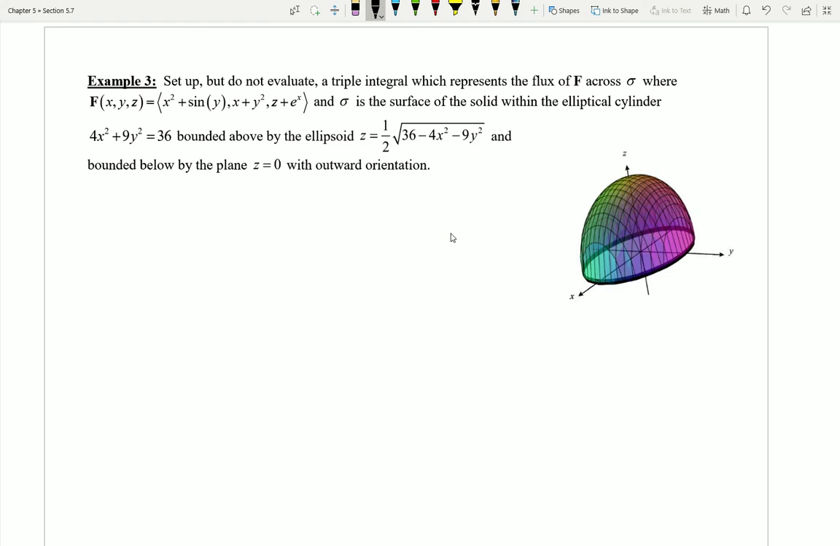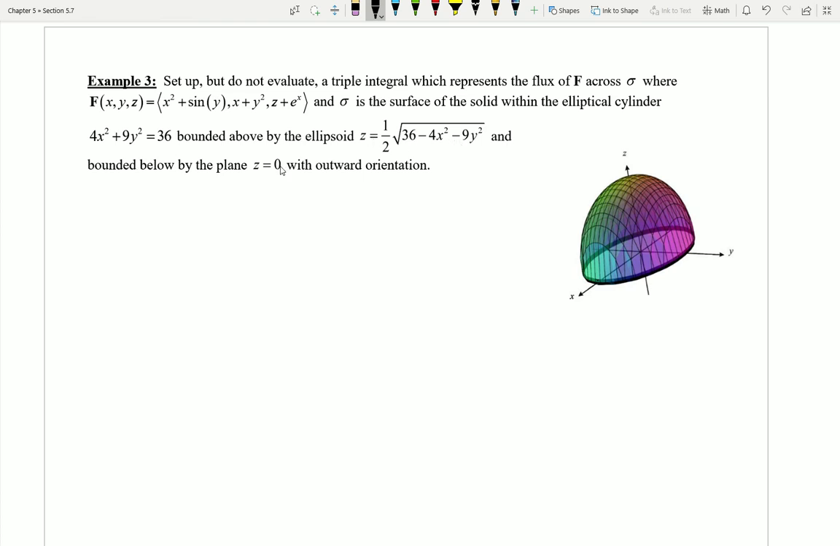Now let's take a look at example number 3. In this question I want to set up, but not bother to evaluate, a triple integral that could represent the flux of F across sigma, where the vector field F is given by what's listed up here, and sigma is the surface of the solid that is within the elliptical cylinder 4x squared plus 9y squared equals 36, and bounded above by the ellipsoid given by the z equals formula, bounded below by the plane where z